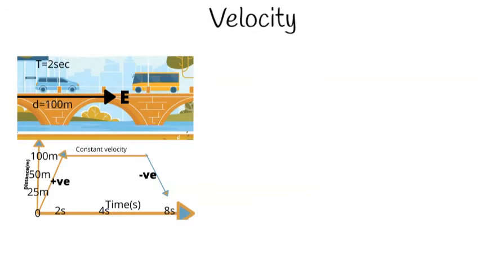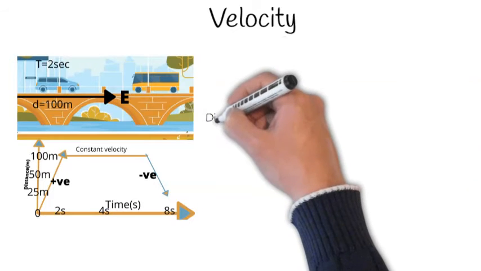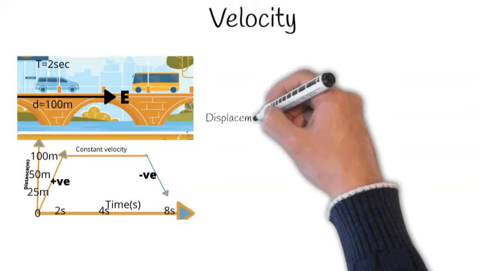Now we will calculate the velocity. We will see how we calculate the velocity. To calculate the velocity, we will take the same example, but now we will discuss the direction. The van is moving toward east and covers a displacement. Here we discuss displacement because the van covers the displacement in the pointed direction. So the van covers a displacement of 100 meters in 2 seconds. So we use the formula